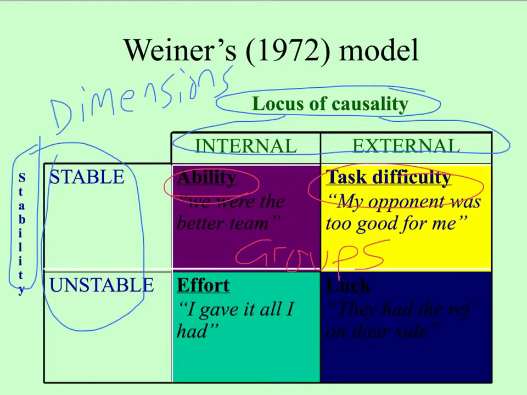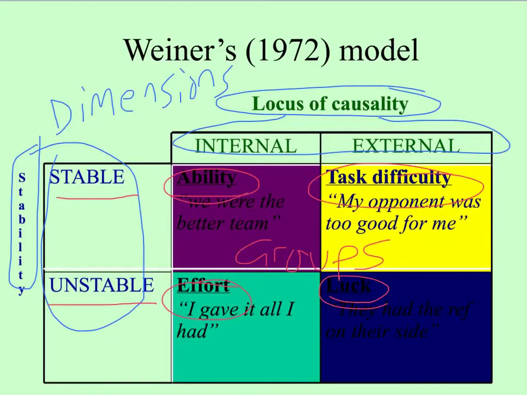So there aren't that many stable attributions, but as we know, ability is inherited, and so we would basically relate it around that. There are more unstable factors, and internal and unstable example that Weiner gives is effort. So attributing a victory to giving maximum effort. And unstable and external could be luck. So it could have been about the referee, blaming the ref on a defeat.